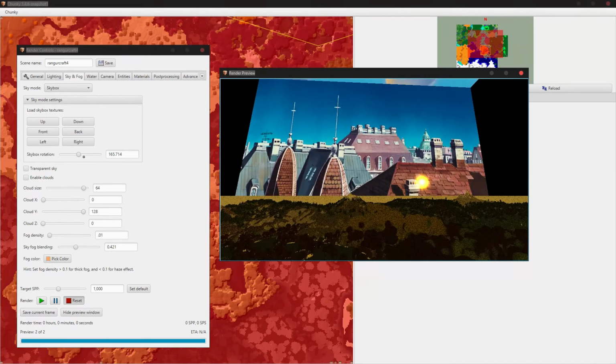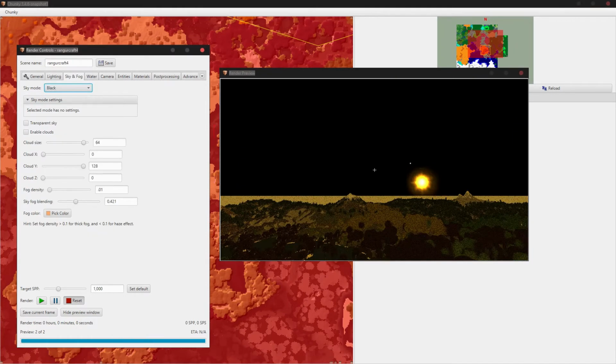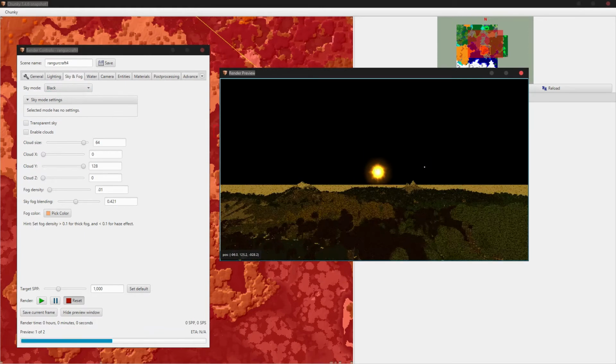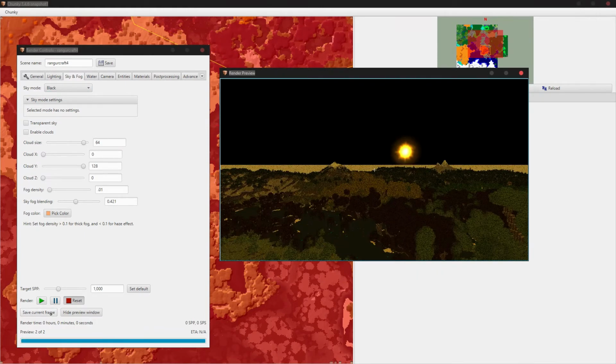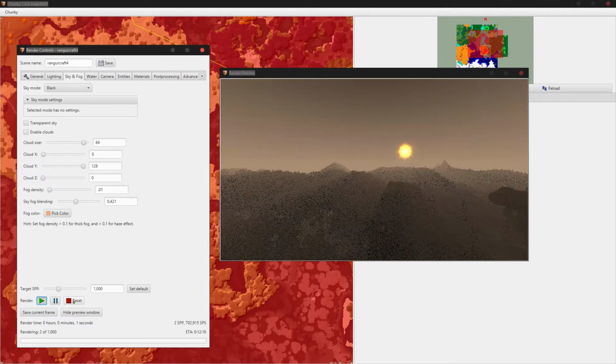bits for the skybox. And then there's just black, and black is black, and it has no skylight. It's the same as just black on the, what do you call it? Solid color. Same as just black with solid color mode. I don't even know why this is an option, because it's redundant. But anyway,